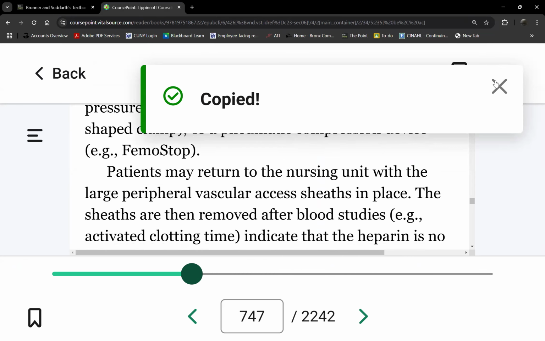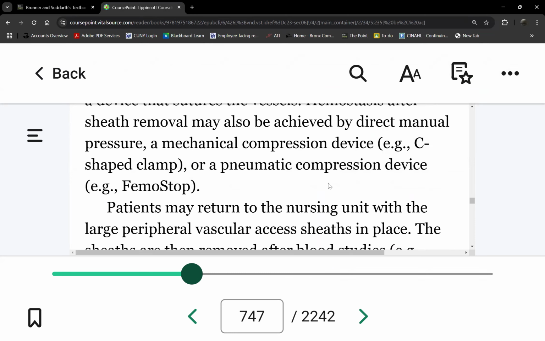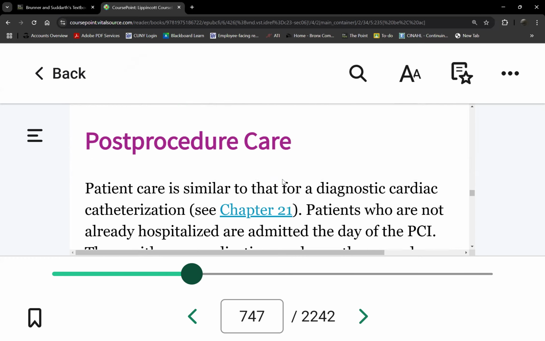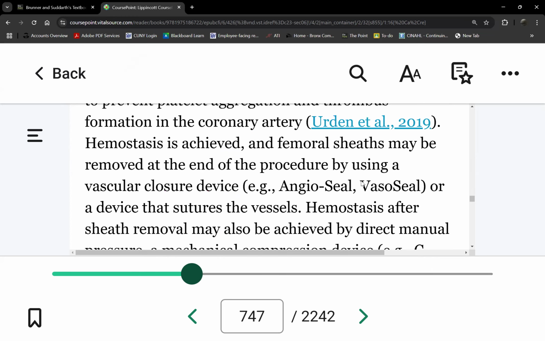Would the heart still be pumping blood while we do this? While the doctors perform this? Say again. Would the heart still be pumping blood while the doctors do this procedure? Which procedure? The one that you just showed us. The FemoStop? Yeah. No, FemoStop is only to prevent bleeding. Oh, I'm talking about PCI. Yeah, we are under PCI, but this is now post-procedure. Oh yeah, absolutely. We're not stopping the heart. That's a different story. That's now under bypass grafting. Okay, that's on the next page. So any question on